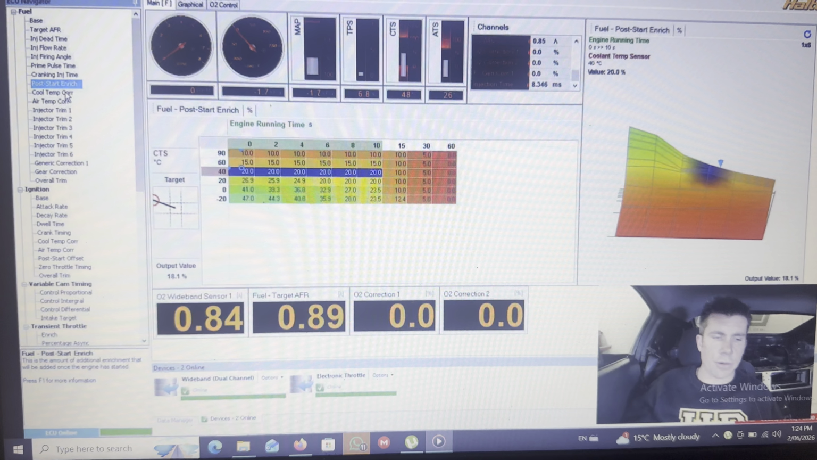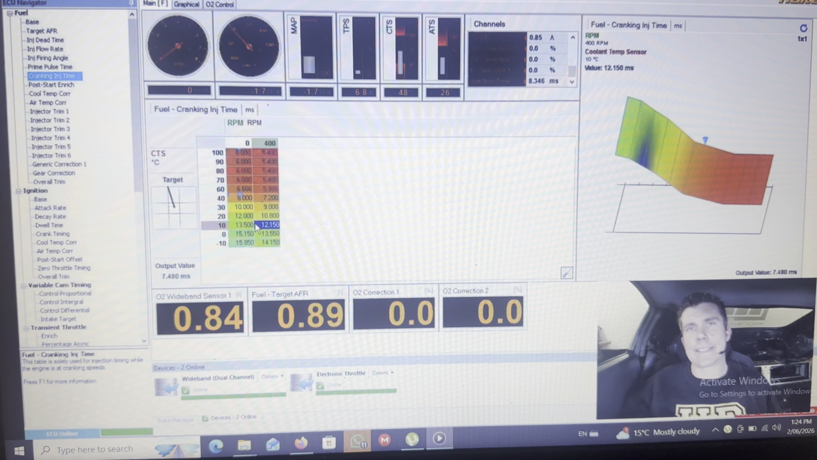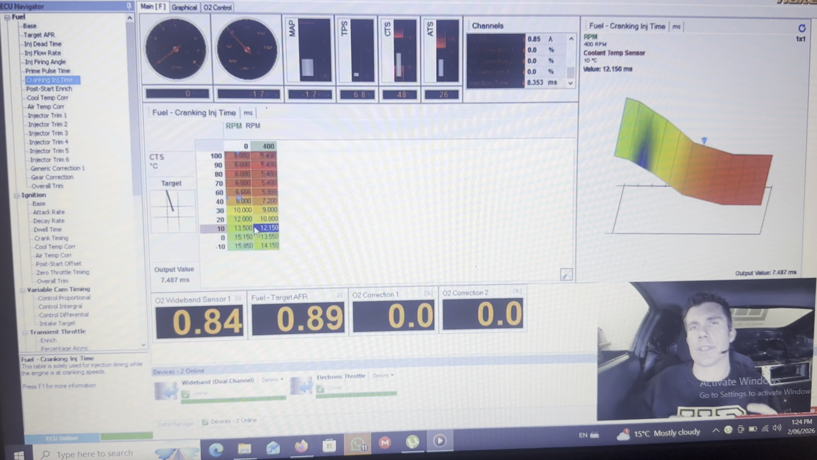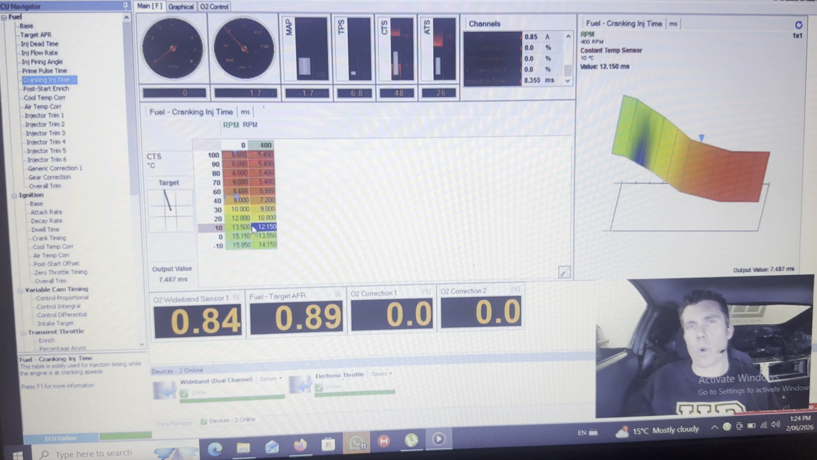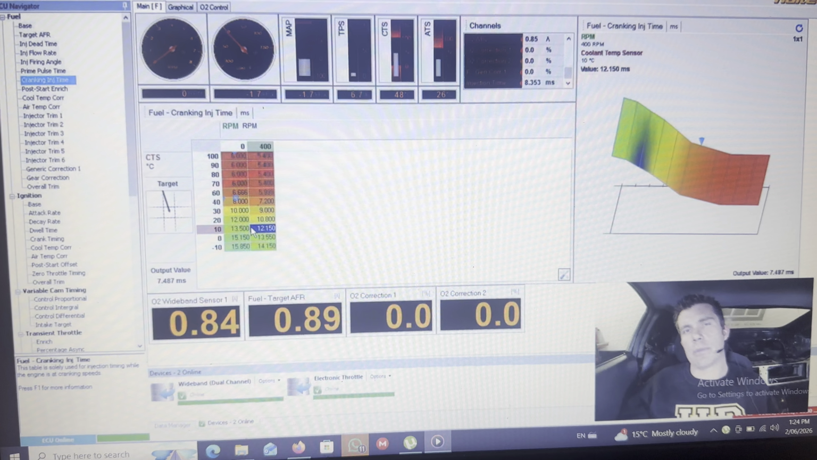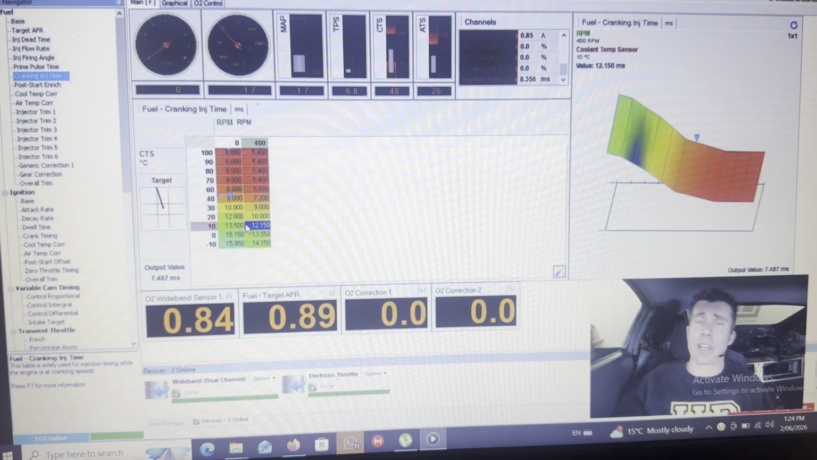Those two tables, well, all three really work together: the cranking injection, the post-start, and the coolant temperature correction. Cranking injection, generally, it's difficult to give you a firm way of tuning this because you can't use the feedback of a wideband sensor during crank. What we really need to do is tune this table so that we're getting clean and crisp starting of the engine. If we go either too rich or